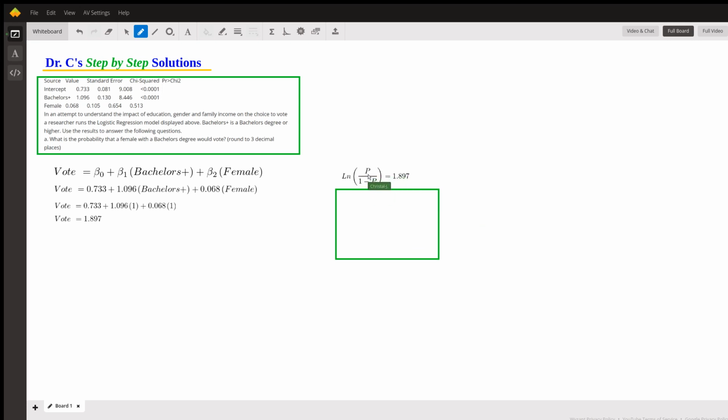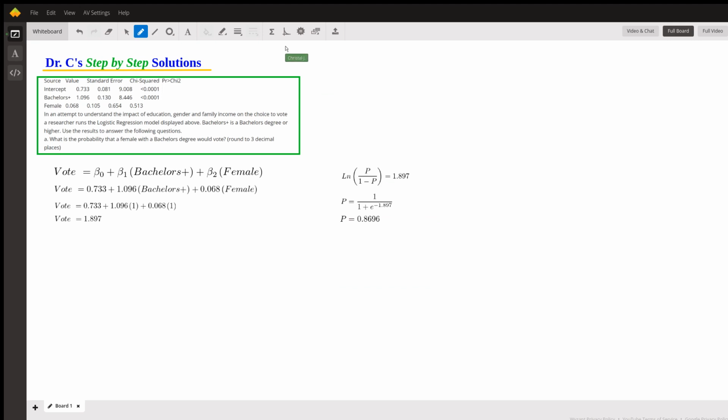Now, we don't necessarily have p, so all you would need to do is turn it into an exponent. So you would do the probability as 1 over 1 plus the exponent of the value that we got. Once we do that, you essentially would get